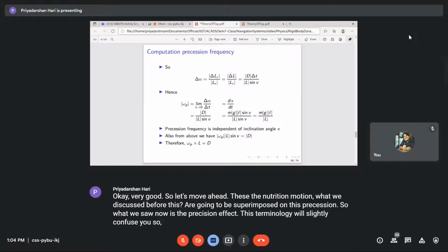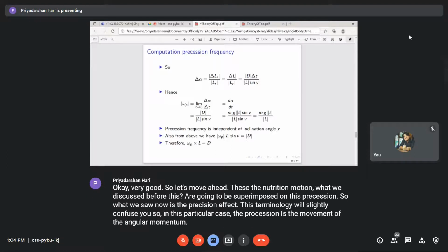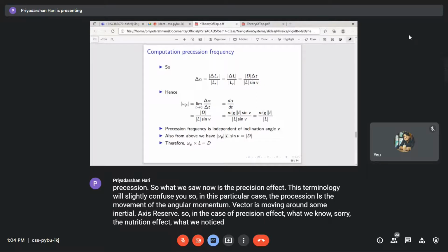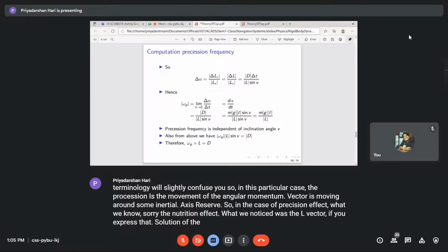In this particular case, the precession is the movement of the angular momentum vector moving around some inertial axis Z. In the case of the nutation effect, what we noticed was the L vector, if you express that solution of the free top, if you expand it, in the expansion you notice that there is